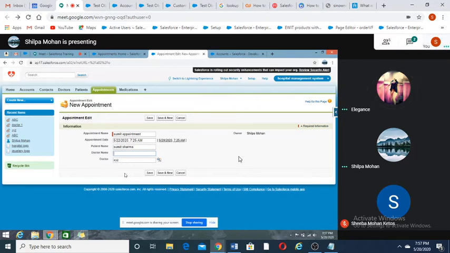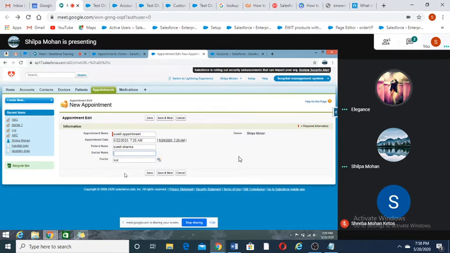Whenever a new doctor joins your hospital, you go to the doctor object and create that doctor, or you can import 100 or 200 doctors using a data loader also. We'll see what the data loader concept is in the future, but the main point is you cannot manually enter the doctor. It will be hectic if you manually enter every doctor.